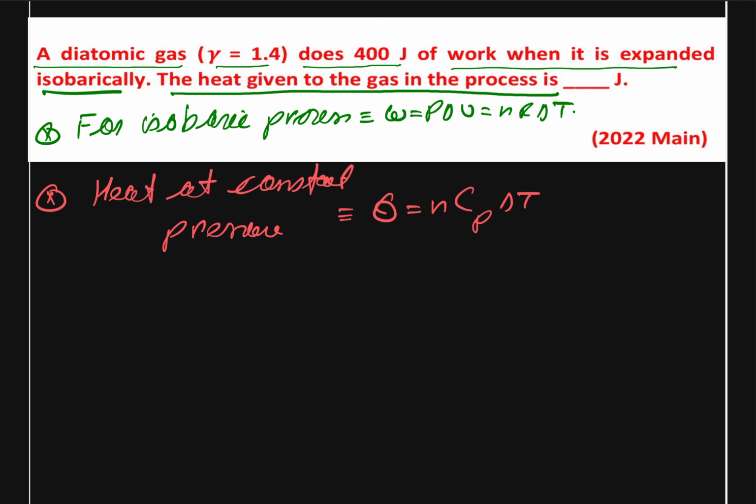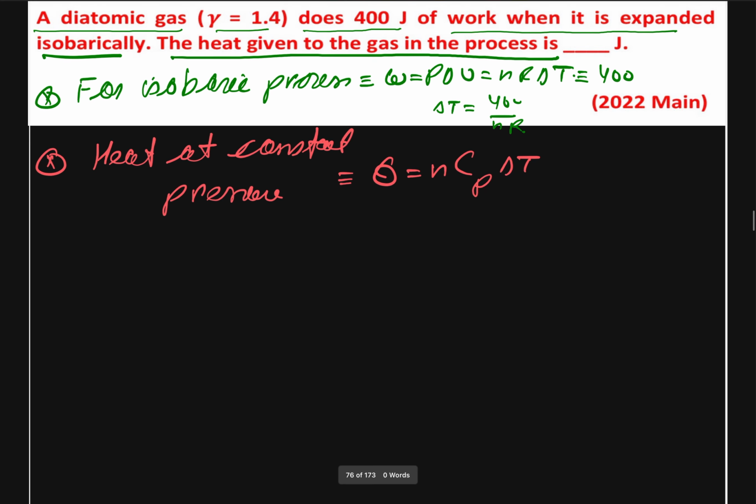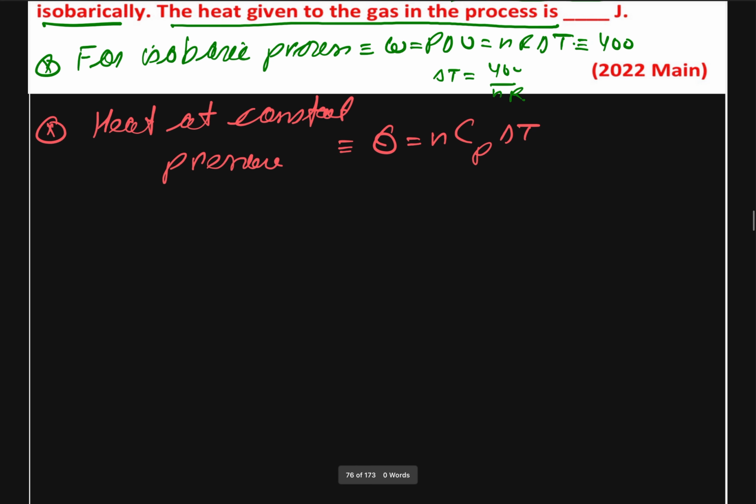And work done we already know, so we can just equate this work done is equal to about 400. Therefore from here we can write our nΔT is equal to 400 divided by nR. So we substitute it here, we get our Q